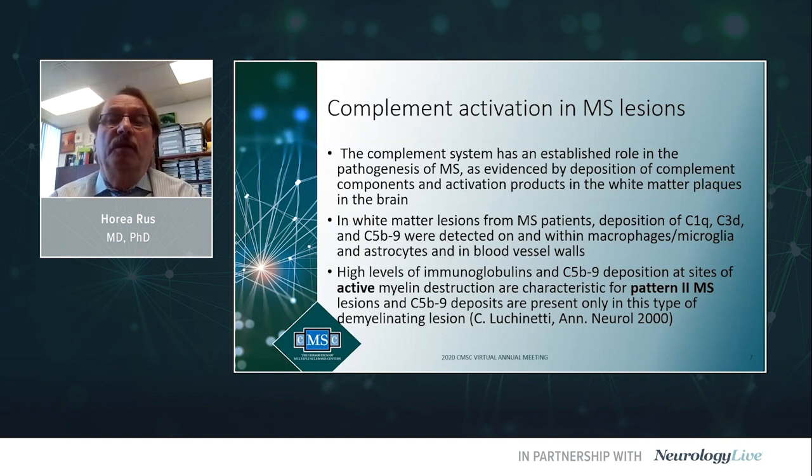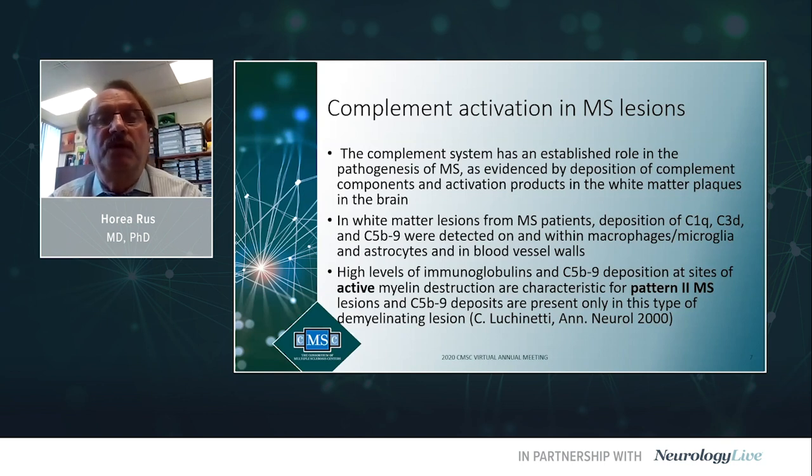Initially, deposition was shown for C5b29 within macrophages, astrocytes, microglia, and in the blood vessel walls. High levels of immunoglobulins and C5b29 deposition was found in active myelin destruction sites and are characteristic for what's called